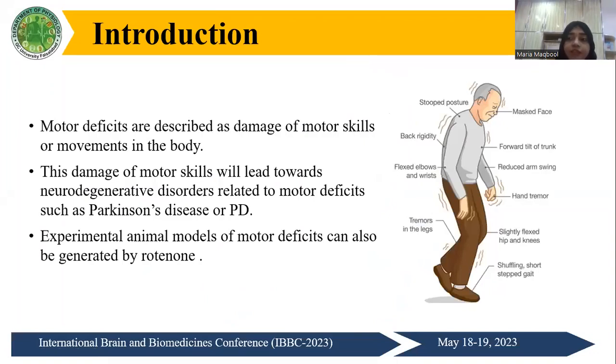Motor deficits or dysfunctions are particularly defined as loss or damage of uncontrolled and coordinated movement in a person's body. These motor dysfunctions or deficits are strongly related with the different neurodegenerative diseases as they are serious issues. These issues are related with Parkinson disease, as Parkinson disease involves the loss of coordinated and controlled movement in the